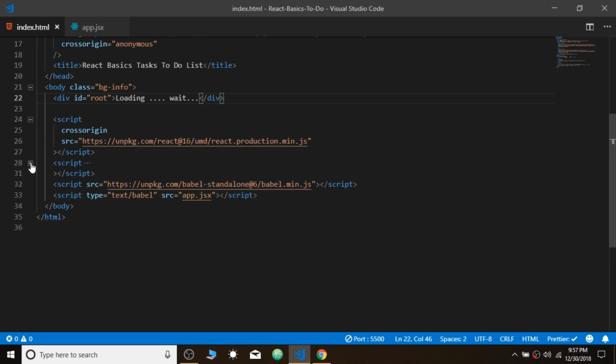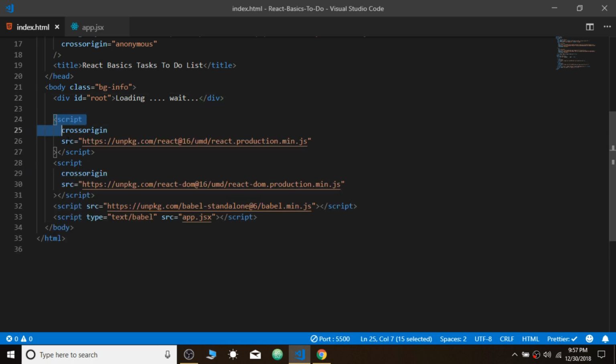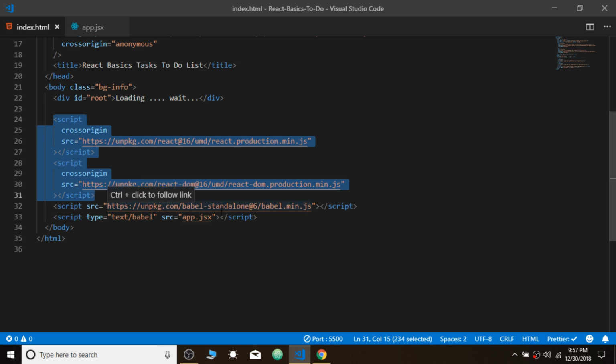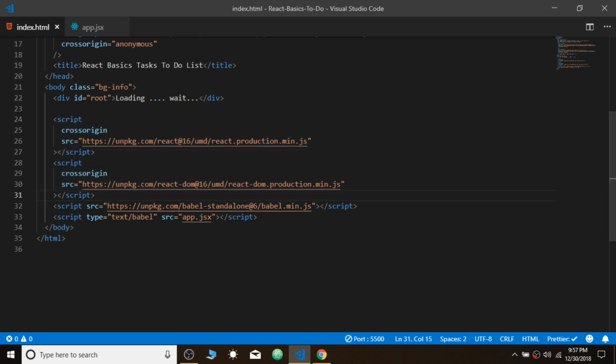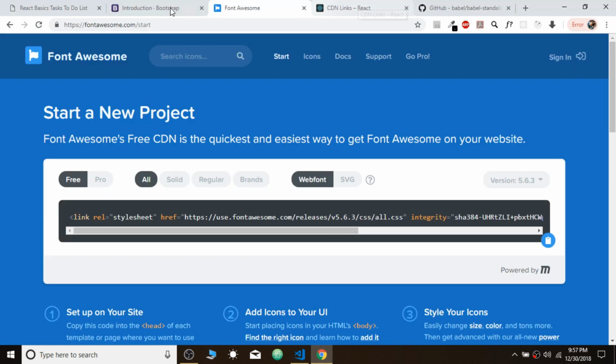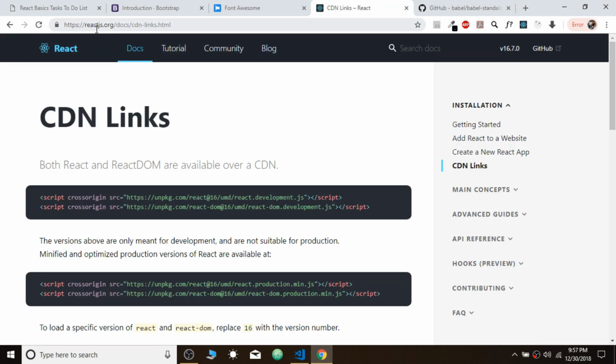And next, these two script tags with links are CDN links for React itself. As I said, it is going to be a really basic React project, so I'm not even using any CLI tool like create-react-app. Just make it really simple and keep it really basic. So I'm using CDN links instead. You can get these links from